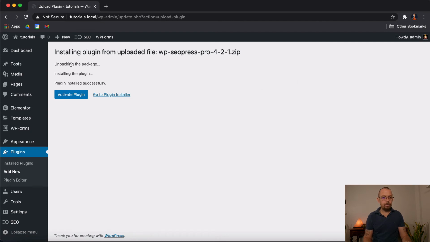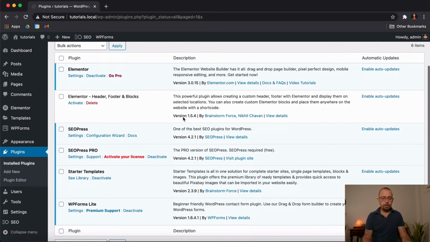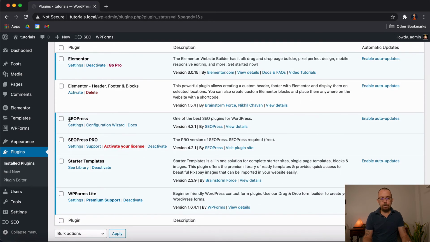Once that happens, it will come to this page here. It says it's unpacked, it's installing the plugin, and then plugin was installed. But again, as before, if we want to make the plugin actually work, we have to choose activate plugin, and that will activate the plugin, which will make it live. You'll now notice here I have SEO Press, which is the free version, and I have SEO Press Pro, which is the pro version, and I can just come in here, add the code to activate my license to make it work. Pro versions, normally you need to activate a license.